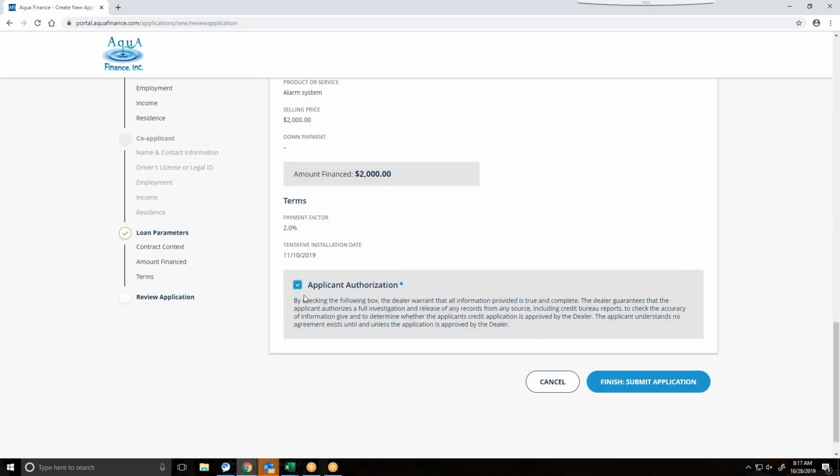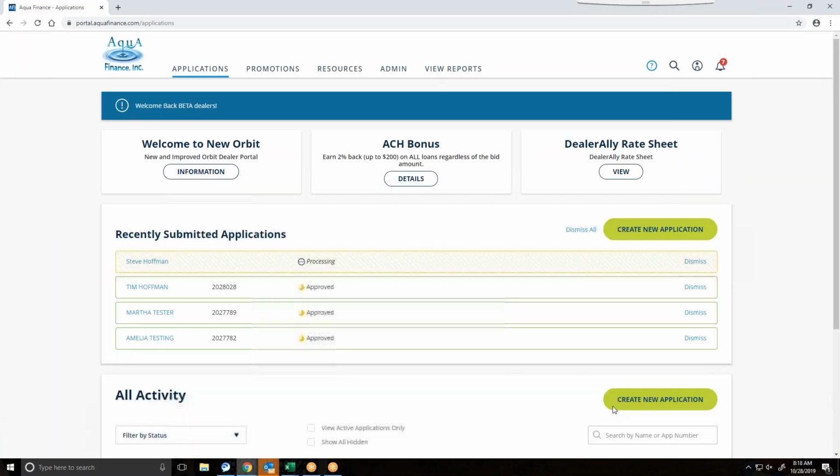We're going to check mark here, Application Authorization, and then we're going to hit Finish and Submit Application. So as you can see, it shows Steve Huffman. It's showing processing. So basically, within a minute, it's going to give you an answer right away if the customer is approved or not. Like we had our training in the past, if it goes into pending, that just means the credit department has to take a little closer look at it and should change and give you an answer within 30 minutes